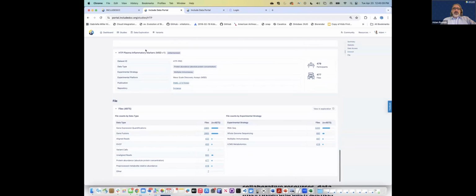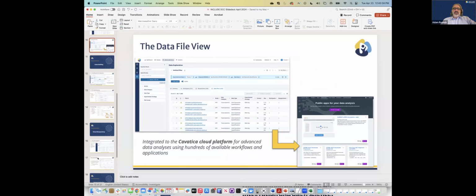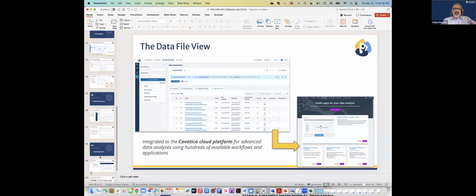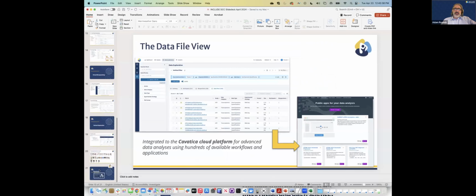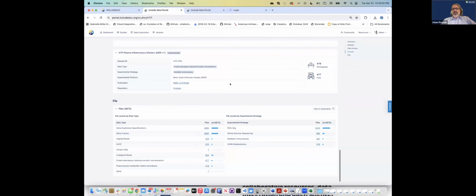So as both Wei-Ching and Joaquin mentioned, we are constantly revising and informing the portal, and we'll be deploying additional features in an ongoing fashion. Joaquin provided you a sign-up page to provide direct feedback for the portal. But one of the things that I still do in addition to that is use this feedback tab on the